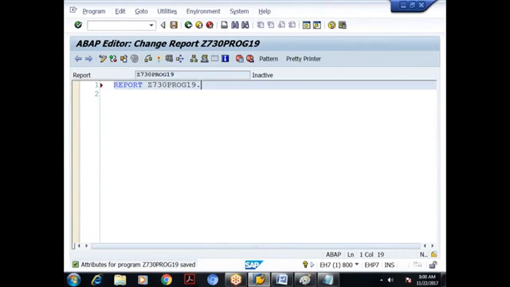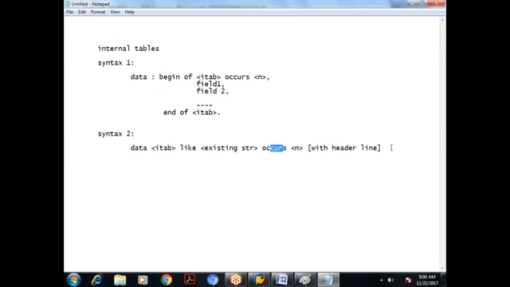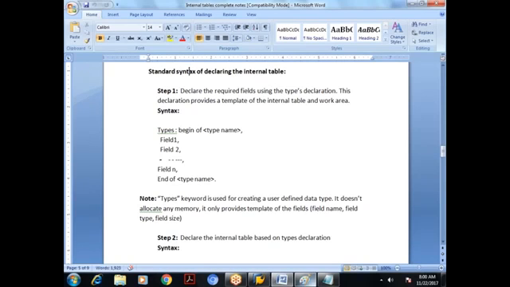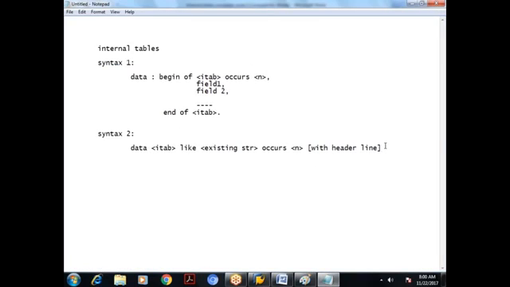My requirement is to declare an internal table for storing some employee data. Before we create the types declaration, or any internal table, we have to visualize what fields we require. I want to capture the employee data.